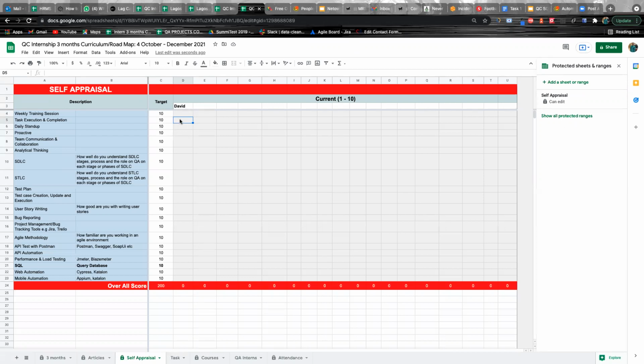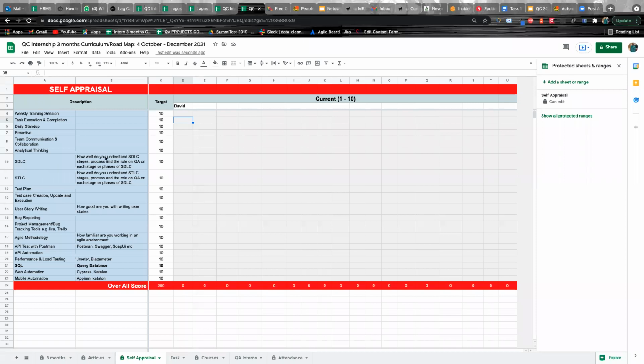For example, if I'm rating myself 10, I come here and rate myself 10. If I'm to rate myself 8, I come down here and rate myself 8 for each highlighted feature here. We have test execution, we have daily stand-up, we have proactiveness, we have team communication and collaboration, we have analytical thinking, and the next one we have SDLC.